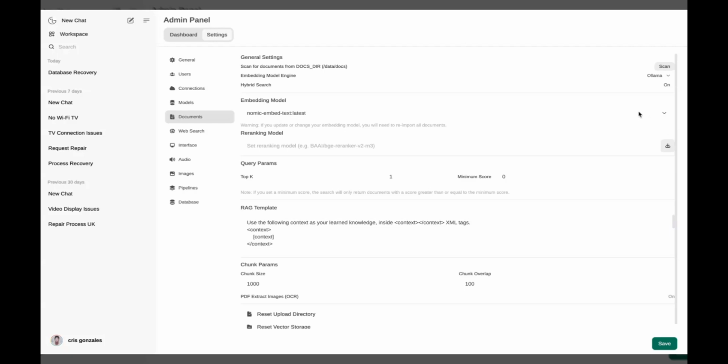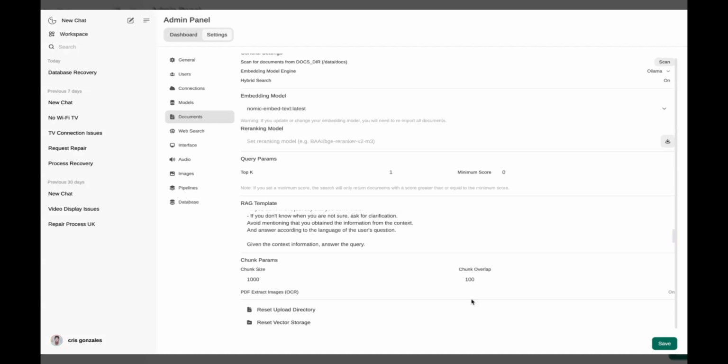So right now, it uses Nomic Embed Text as the embedding model, meaning when you upload the document, it embeds it, and then when you retrieve the information for RAG, we use a chunking size of 1,000 and an overlap of about 100 words.